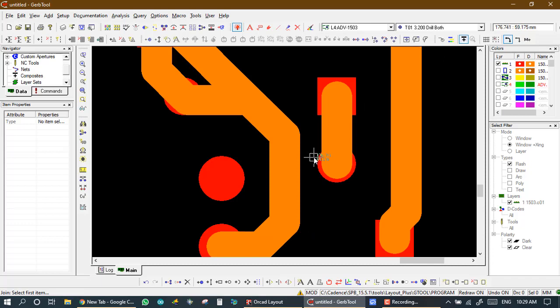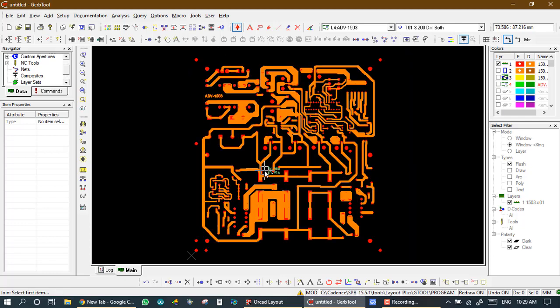So we make a distance here that is enough and here is also enough. So in the copper area, first we generally see all the area, and if we want to make a change, then we make it. After this, I have now completed this Gerber of the copper area, and it is now okay.